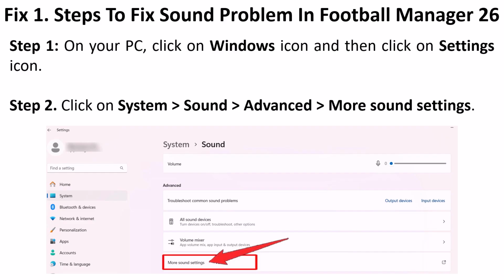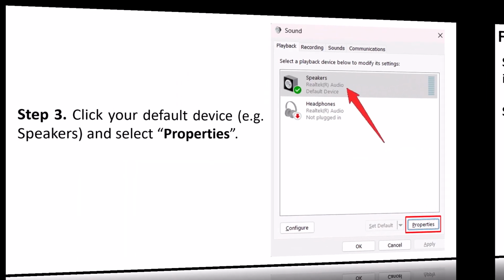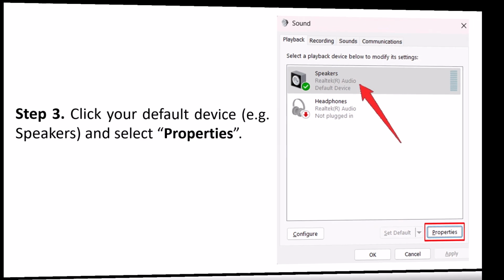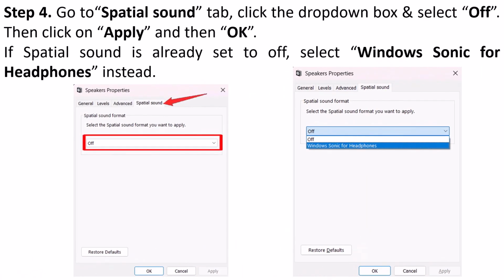On your PC, click on Windows icon and then click on Settings icon. Then click on System and then click on Sound Advanced and then click on More Sound Settings. Now click on your default device, for example speakers, and then click on Properties. Now go to the Spatial Sound tab, click the drop down box and select Off, then click on Apply and